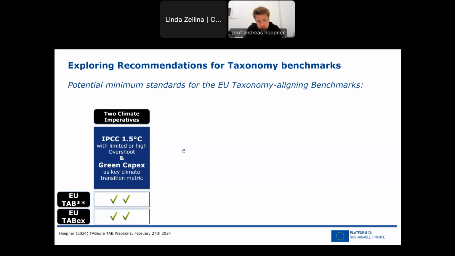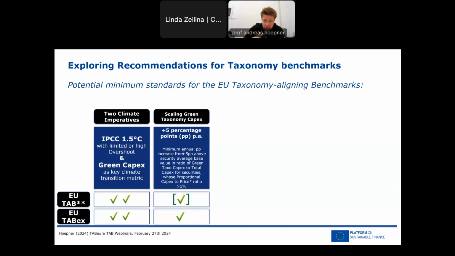And then we focus on increasing the green capex. So the actual green capital expenditures, the key transition metric, we're aiming to basically increase their green capex 5 percentage points year on year. So in essence, globally speaking, we may have 2% green capital expenditure. We go 2%, 7%, 12%, 17%, 22%, 27%, and so forth. So it's very much the ambition here to get that green capital expenditure increase year on year so that we get the grid green, essentially the overall grid that we all draw the energy from.